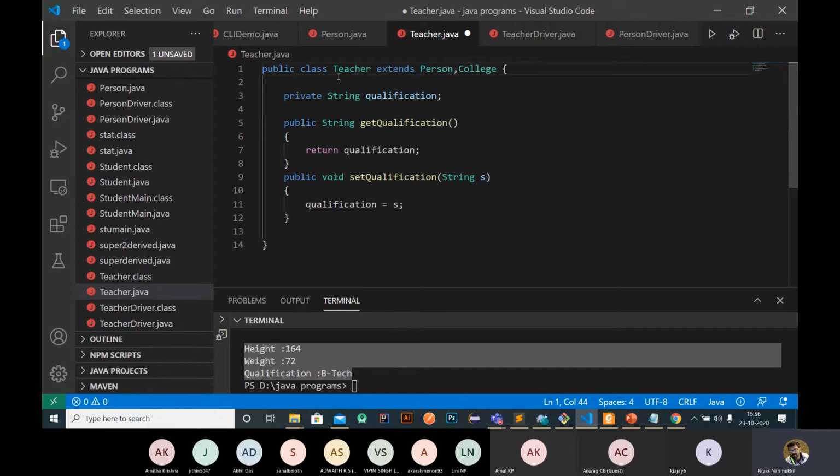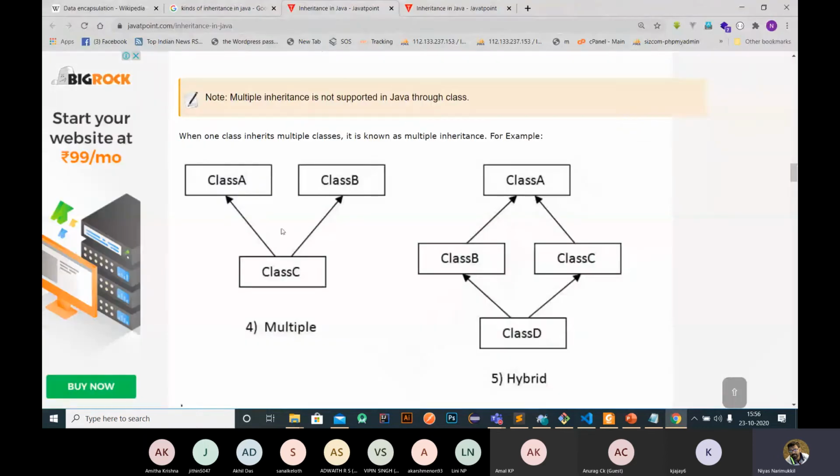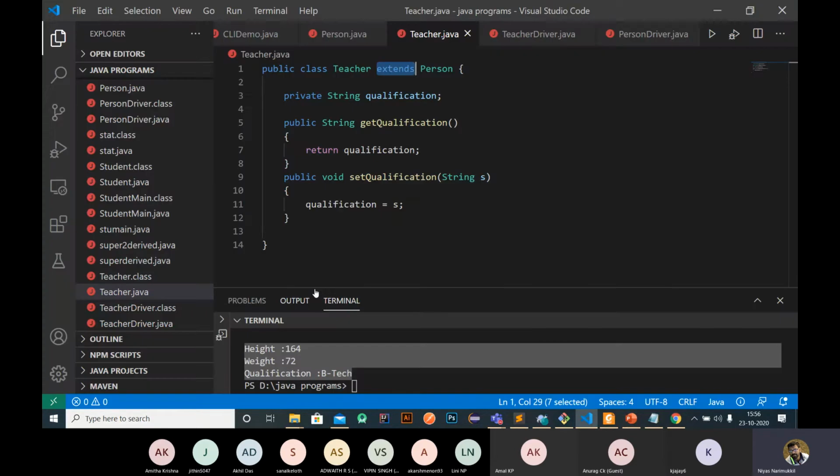One class can't inherit properties from more than one base class. It can inherit properties only from one base class. This method, using the extends keyword, is not permissible in Java. There are workarounds, because in some cases we need to create multiple inheritance. So in that case we have another method, which we will discuss later.